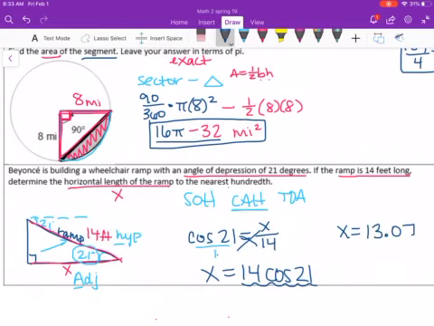13.07. Remember, it says to the nearest hundredth, so that's 2 place values. And our units this time is feet. Okay, so that means the horizontal length of the ramp is 13.07 feet. Alrighty, that's a pretty good review. So now